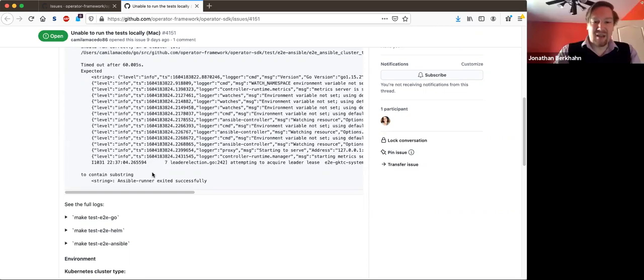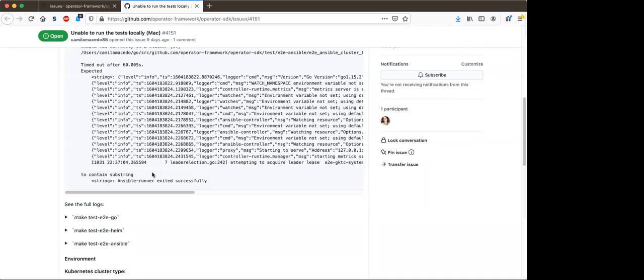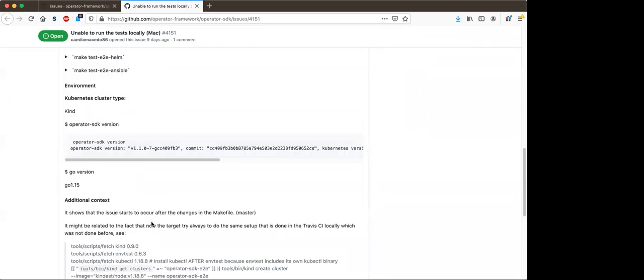Actually, I think this isn't the same error I've been encountering, but I've been having a lot of trouble running the tests locally on my machine. I think it may be related to the fact that we are now installing the kind env test by default when we run the tests, because before the setup was different for the CI and locally. Now locally you execute the same steps as in the CI, but locally I have the kind aware.